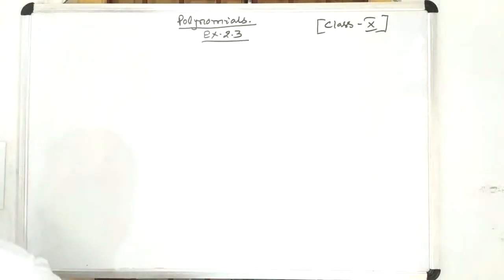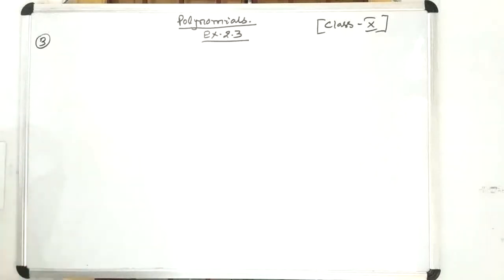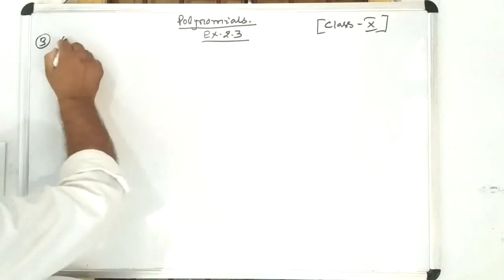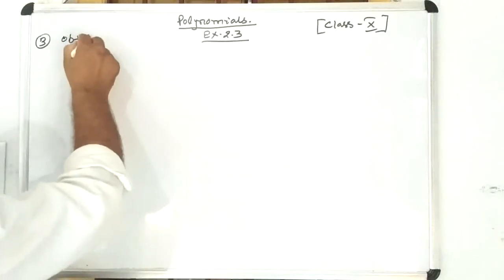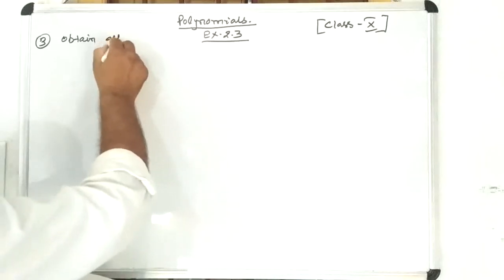And my first question for today is question number 3. This is an important question from the examination point of view. The question is: obtain all other zeros of